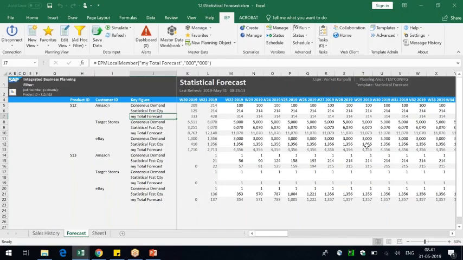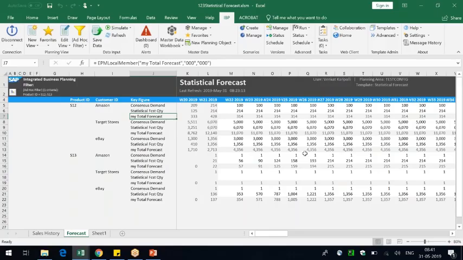When we add this local key figure and these numbers, will those also get uploaded to the cloud? You mean the my total forecast key figure? Correct. No, it will not, because this is just a local one. It is just on buffer. So that's the thing with local members.